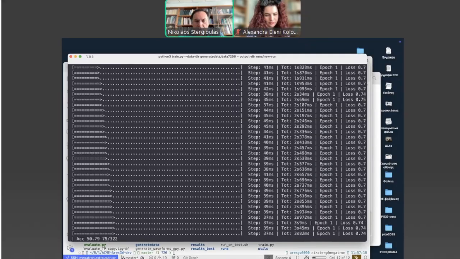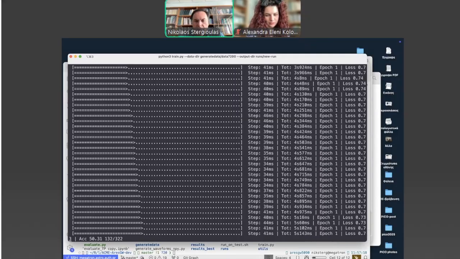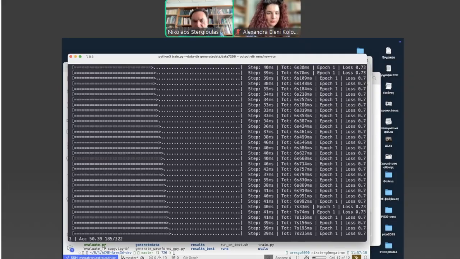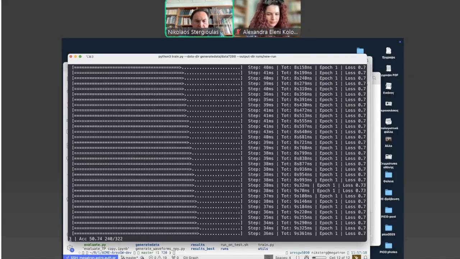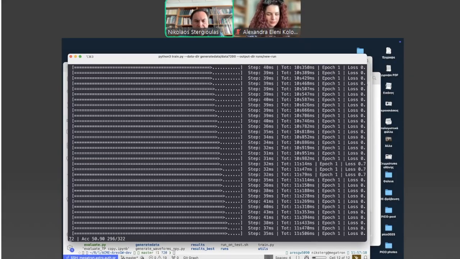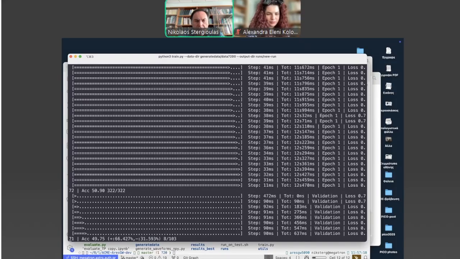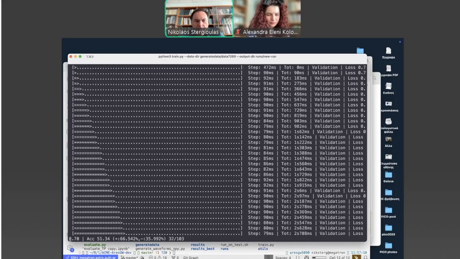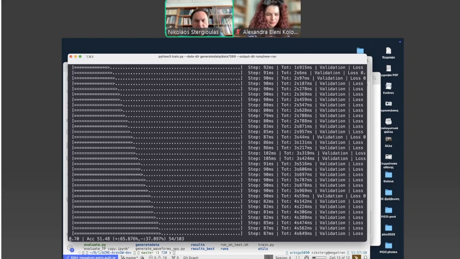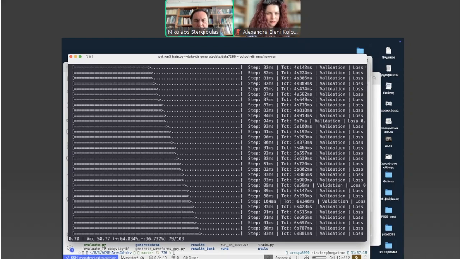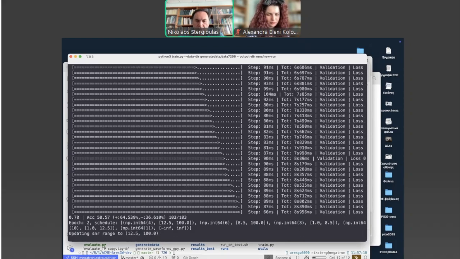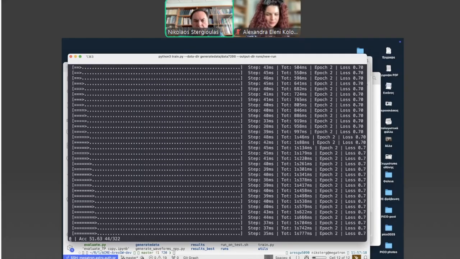For such a minimal example, this is sufficient, but even for the production runs, this is the number of more or less epochs that we use. Also, you see that at each epoch, it runs once for the training and once for the validation.